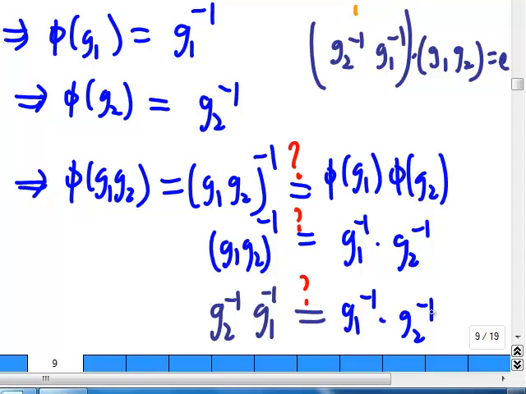It's not the same. In general, group multiplication cannot switch position unless it is commutative, or abelian. Although some operations can switch, like normal addition, A plus B and B plus A are the same, A times B and B times A are the same, but